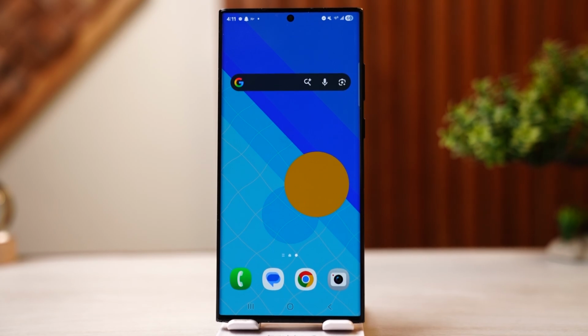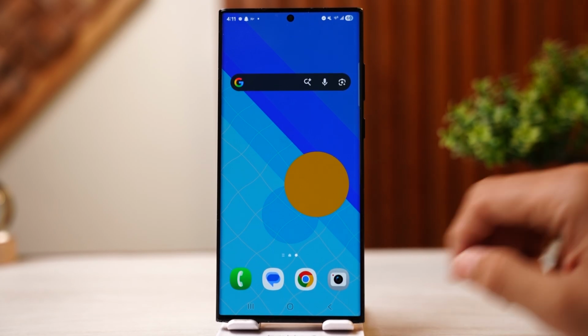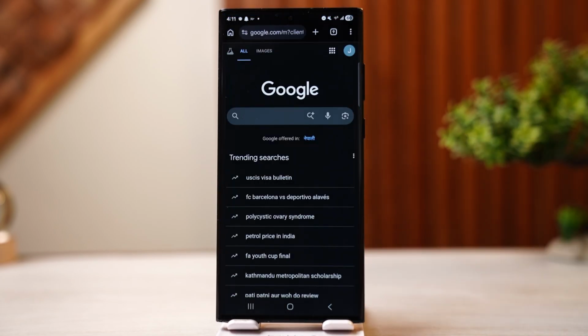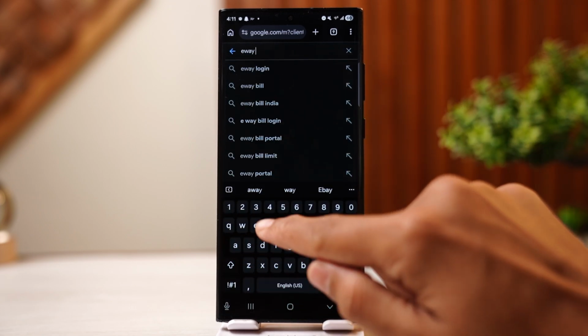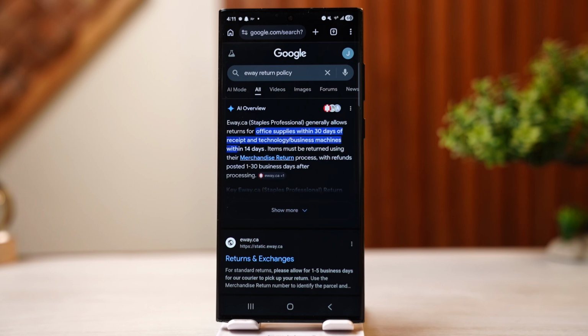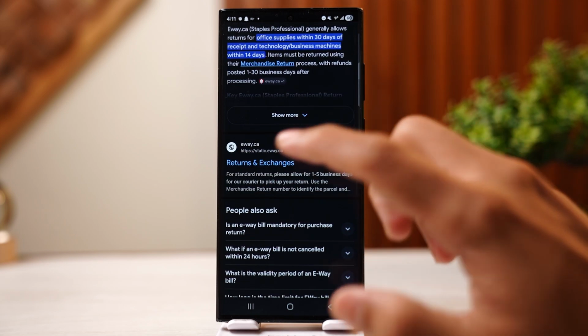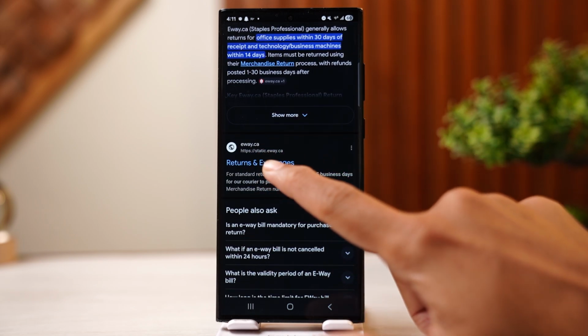To get a refund on Eway, first, you want to go to your browser. After that, you want to tap on the search bar and search for Eway refund policy. For Eway return policy, you want to scroll down and you'll be able to see an option called returns